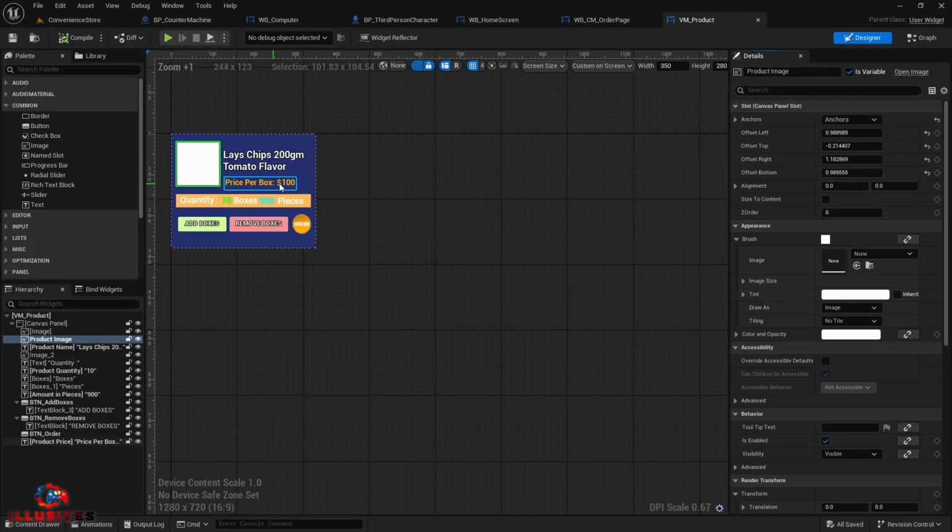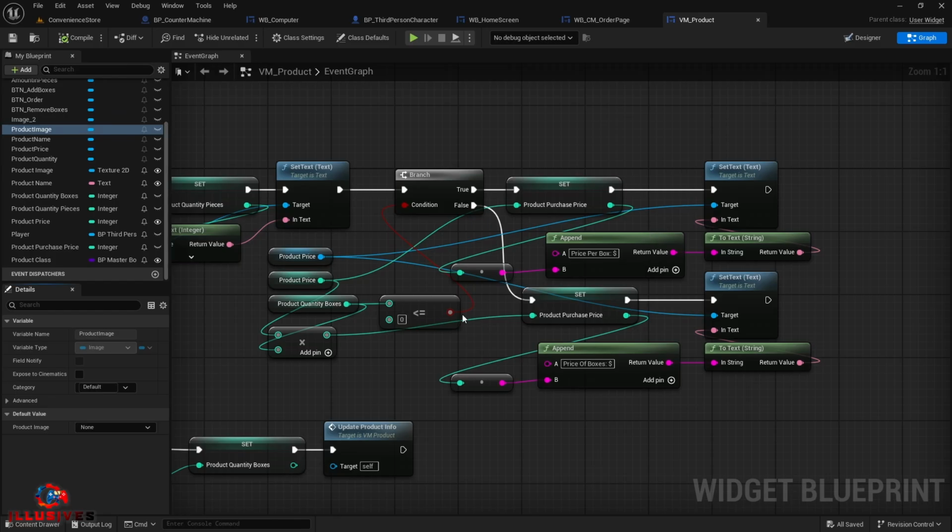But if we have more than 0 boxes, then here the false, then the prices will be product price into